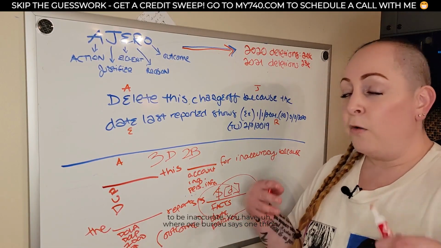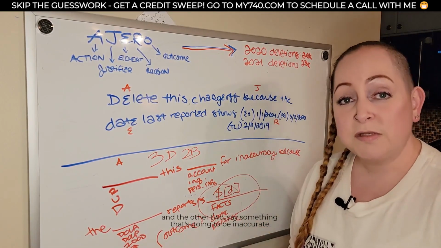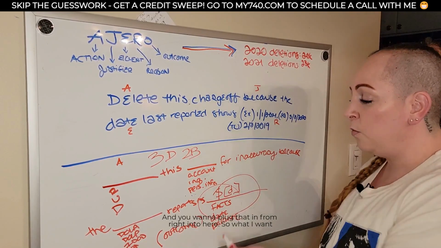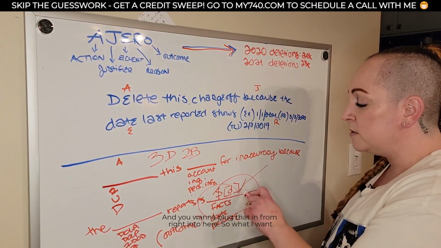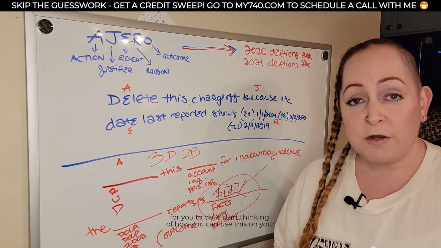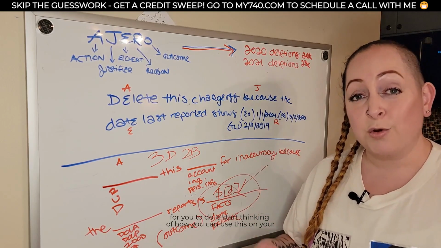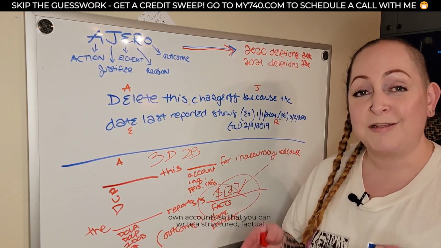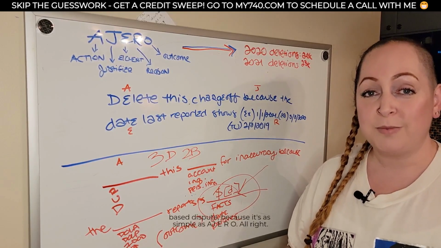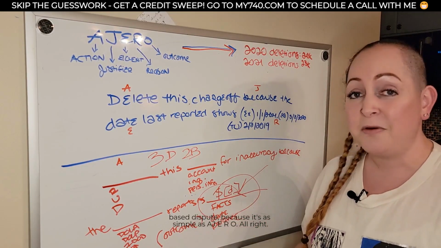You have where one bureau says one thing and the other two say something else, that's going to be inaccurate. And you want to plug that information right into here. So what I want you to do is start thinking of how you can use this on your own accounts so that you can write a structured, factual-based dispute. Because it's as simple as